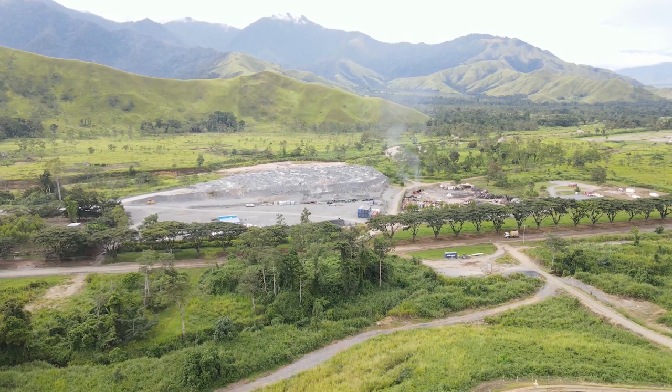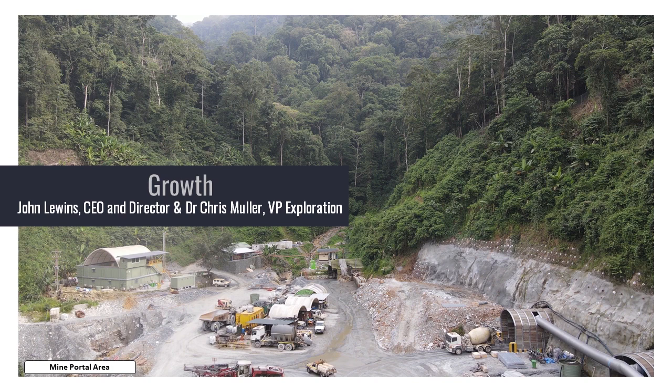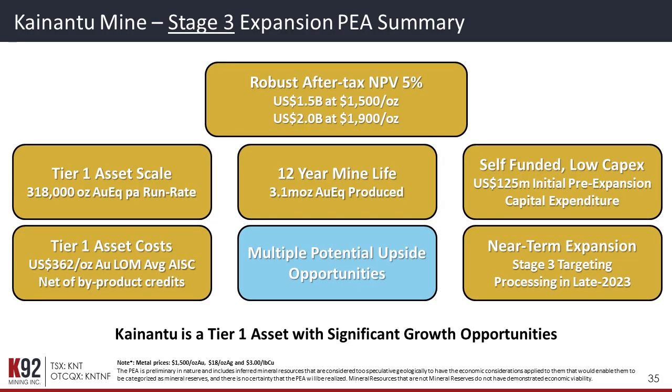So the final part of our virtual tour focuses on what we call growth, and that's both the next phase of growth, stage 3 as we call it, and then also exploration going beyond stage 3 and potentially beyond the Kainantu mine. So that'll be covered by myself and Chris Muller, VP Exploration. So when we look at our immediate growth, that's what we call our stage 3 expansion. We completed the PEA on that